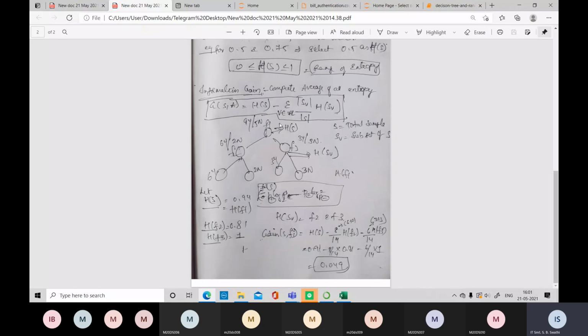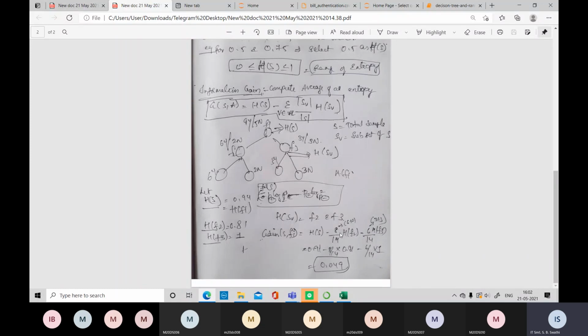These three things have to be computed for the remaining nodes other than the root node. Once you compute for each and every node, take the sum of them. Finally, whatever value you get, you have to subtract from the entropy value of the root node. Then finally you will get the answer. So this is H of S, 0.91 for the root node, that is the F1 feature.